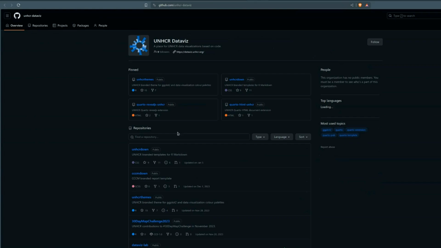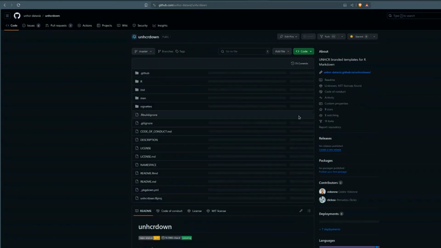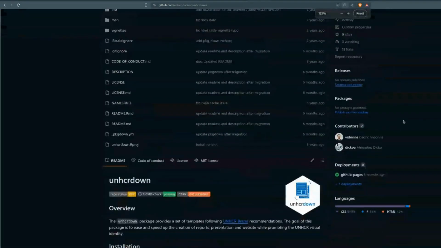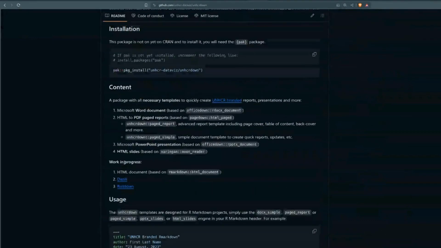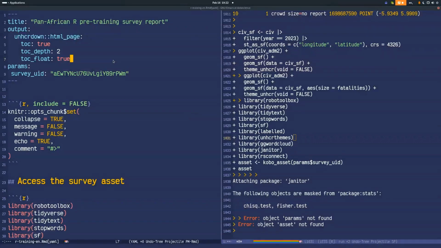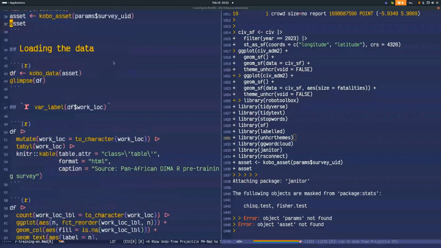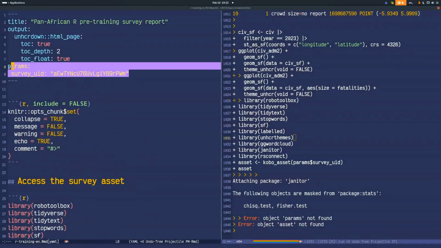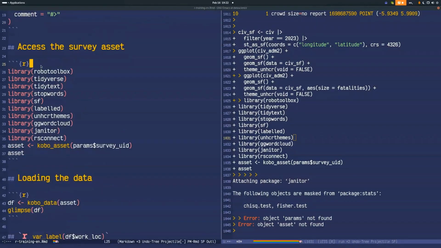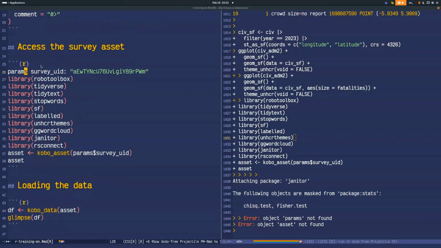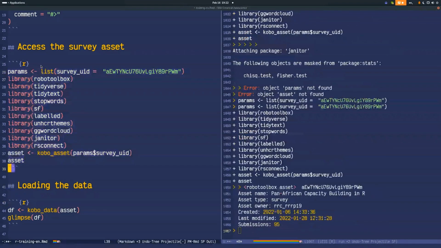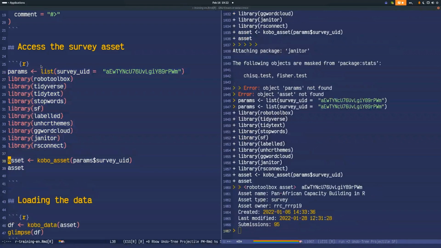UNHCRdown is here. So we are building a set of templates actually using R Markdown. So we have HTML, we have Word document, PowerPoint, Sharingan, and everything. So I will just do the HTML one, simple one. All right, and I have this. Basically here, because I want to go step by step and then I'll run the survey after that. So the idea of getting access to your data using Kobo is first getting just your UID,